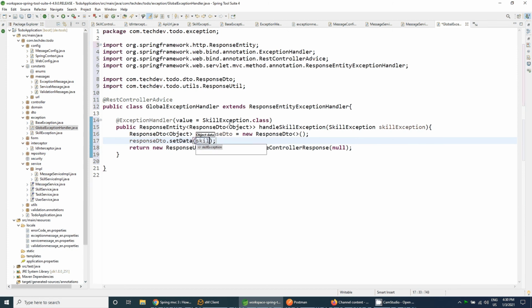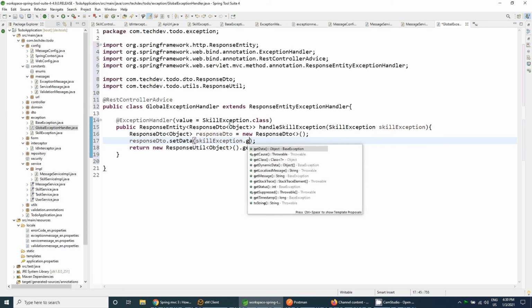Inside the data, skillException dot getData will be there.